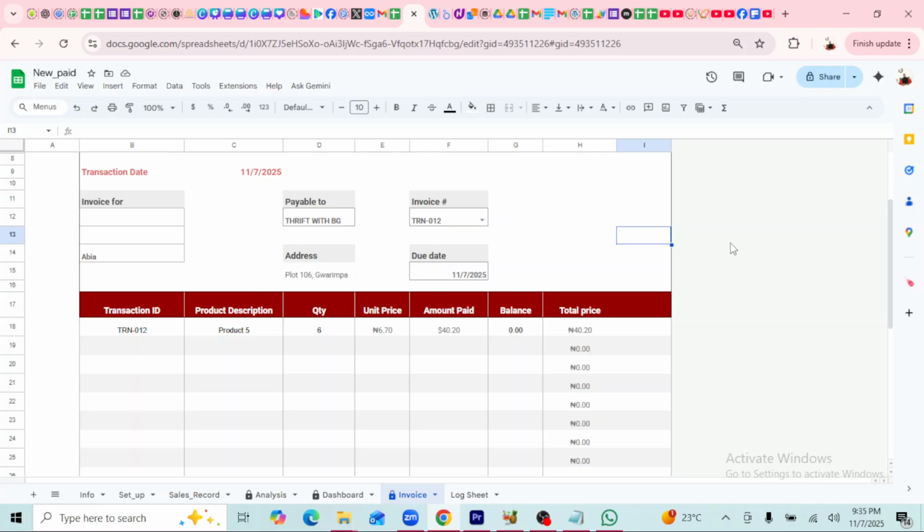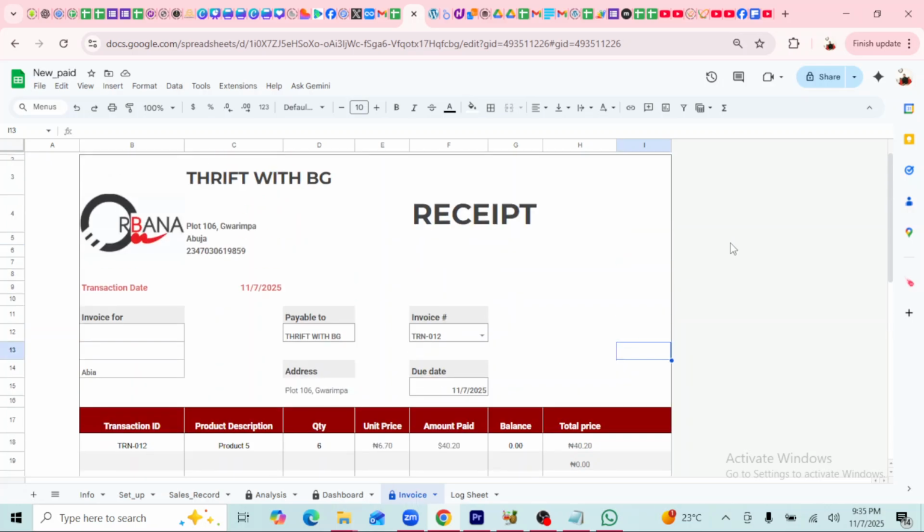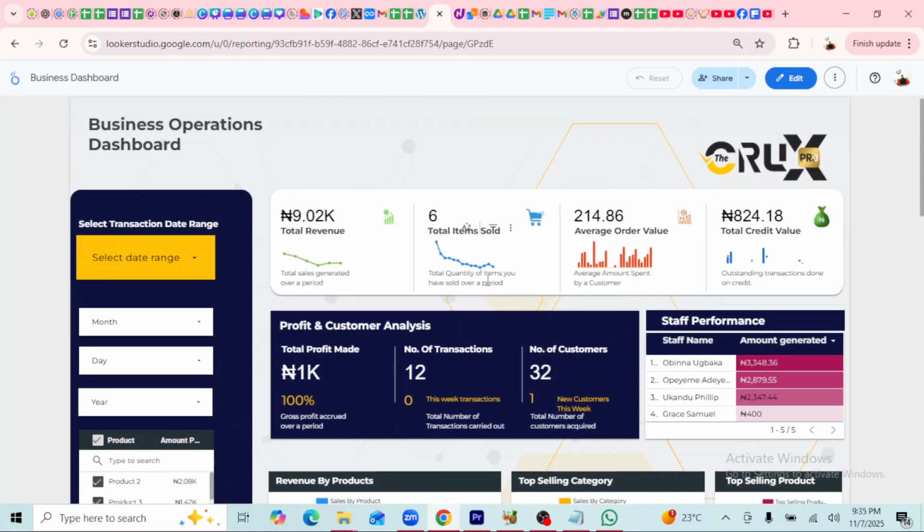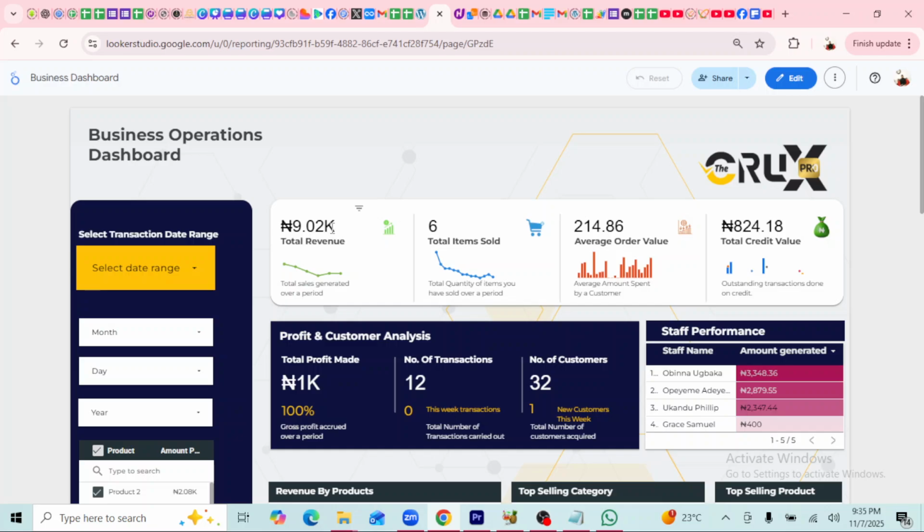But that's not the most interesting thing. Now, the beautiful thing about this is there is a dashboard for you to monitor everything going on in your business. And here it is. So this is the dashboard for this tool. So you can see the total revenue you've made, the total items you have sold, the